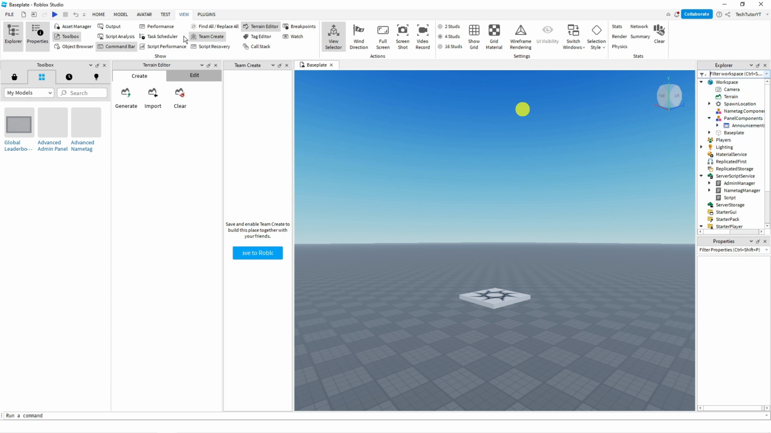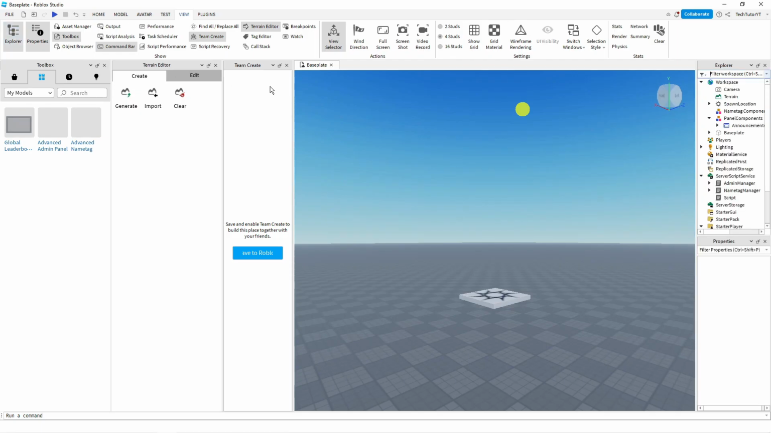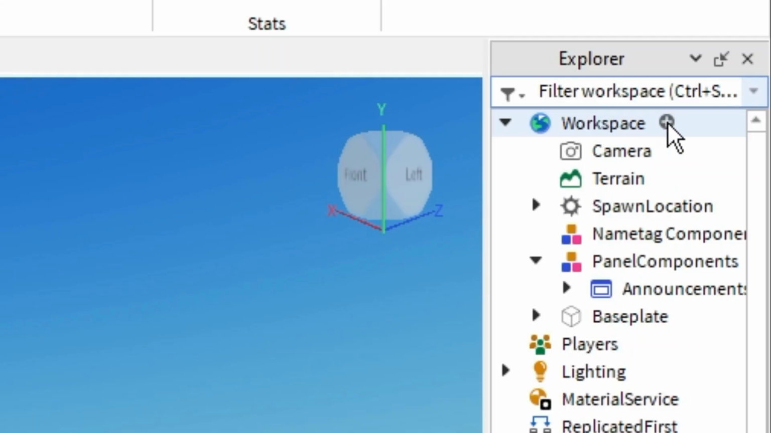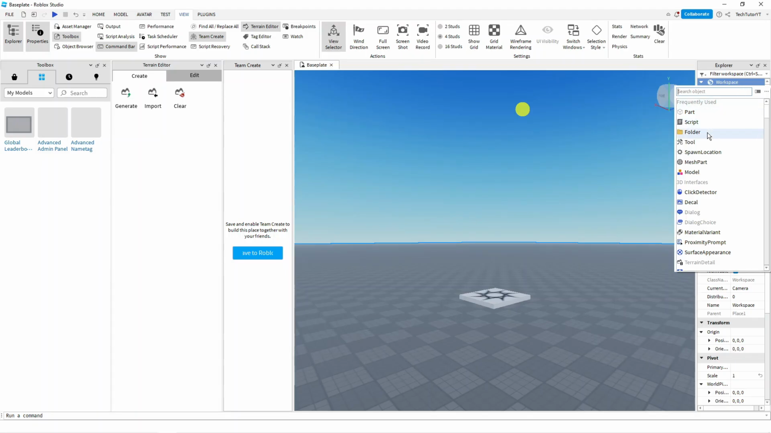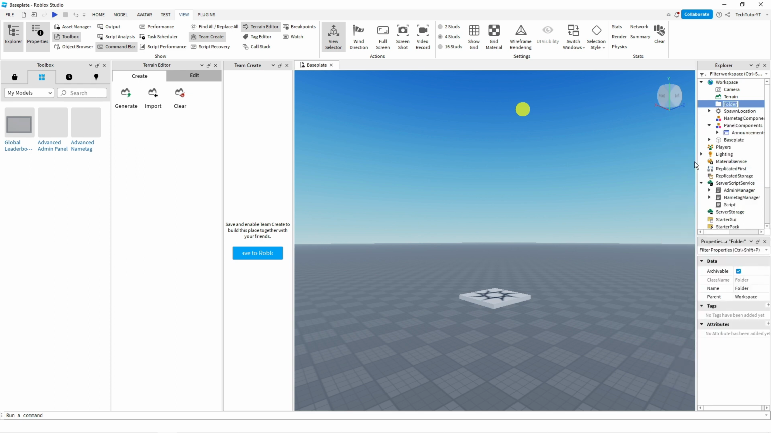To do this, come up to the top, press View and then press Explorer, and you'll see that's going to open up the Explorer window on the right hand side. Now in the workspace, what you want to do is click the plus button next to Workspace, and create a new folder. What you can do is rename this. Right click on it and click Rename,